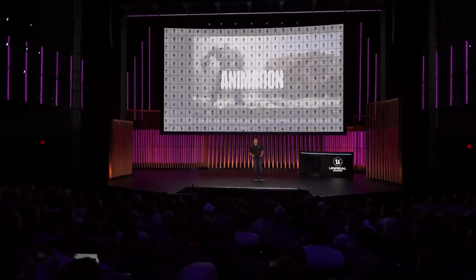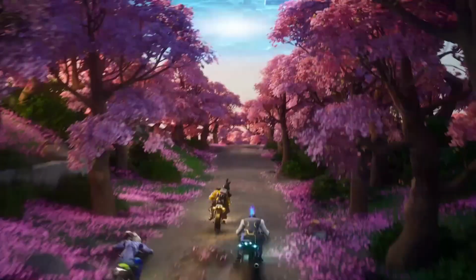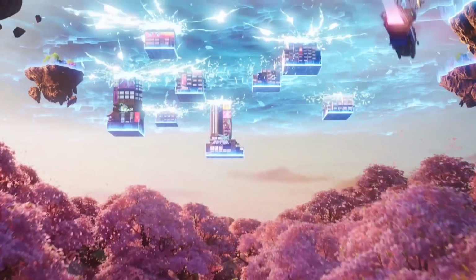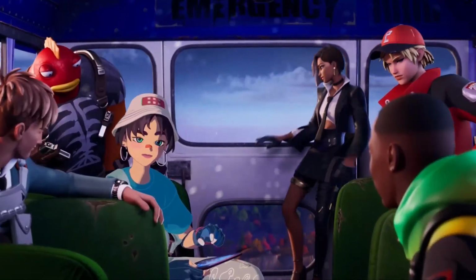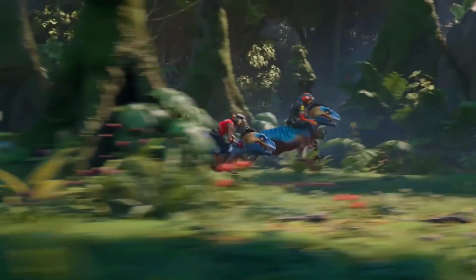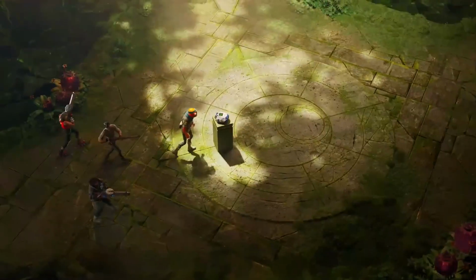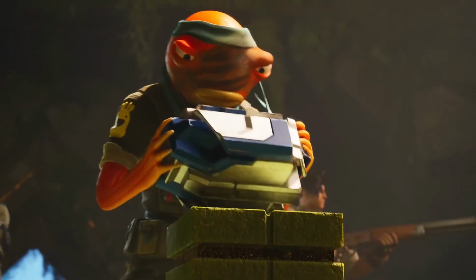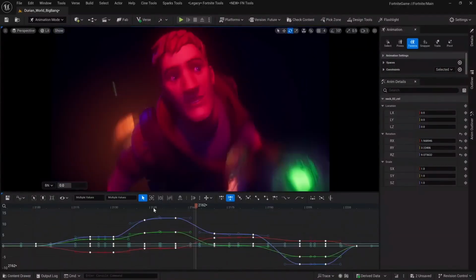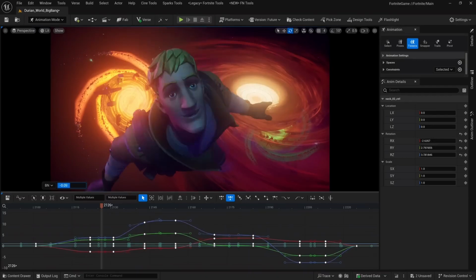Now, a lot about creating a game is about telling a story. To bring their ideas and visions to life, storytellers must iterate constantly and efficiently. They must be able to get the right animation, the right camera angle, and the perfect lighting that completes the scene. We've been investing in our animation authoring tools with Control Rig and Sequencer, and we've now reached a very